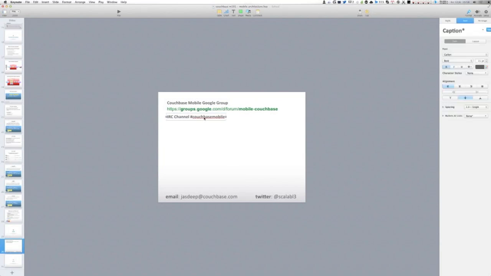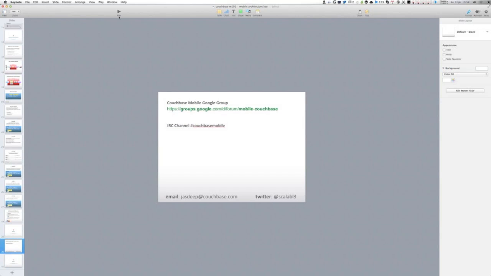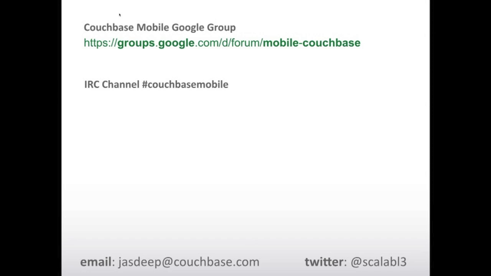So one question about JSON and security. Is the JSON encrypted on the device, and how secure is it? Actually, I don't know. I don't think that it is encrypted within Couchbase Lite on the device. So, I don't know how to answer how secure it is. It really depends on